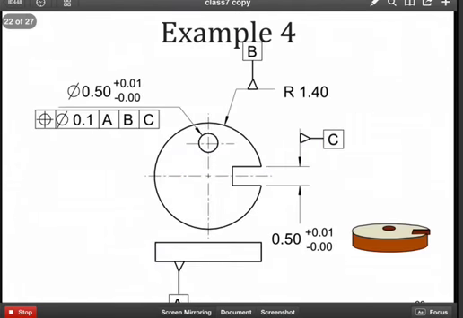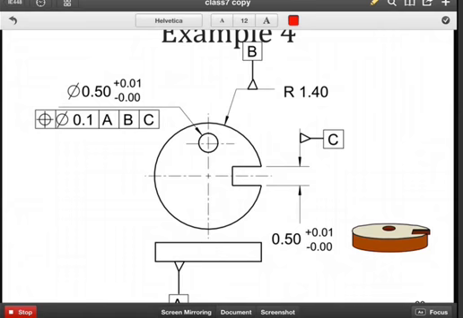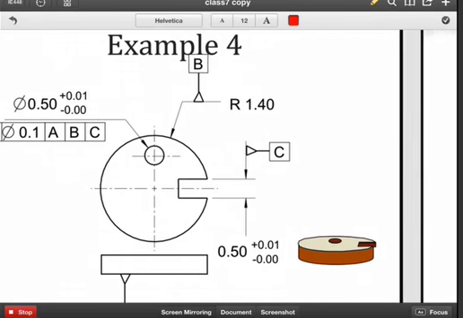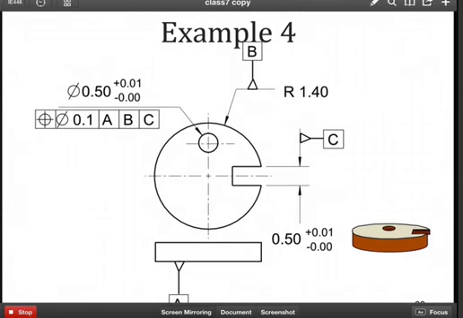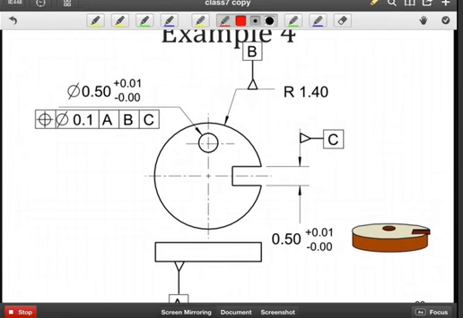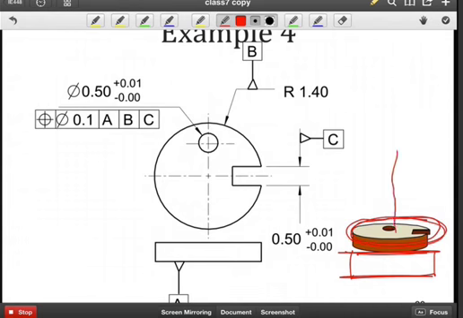In example 4, we have our 3 datum references. Again, A is going to be a surface plate that we bring in contact with the surface here, and now that establishes A. B is next. Now we take the minimum cylinder perpendicular to A that determines the axis for B, the mating envelope,